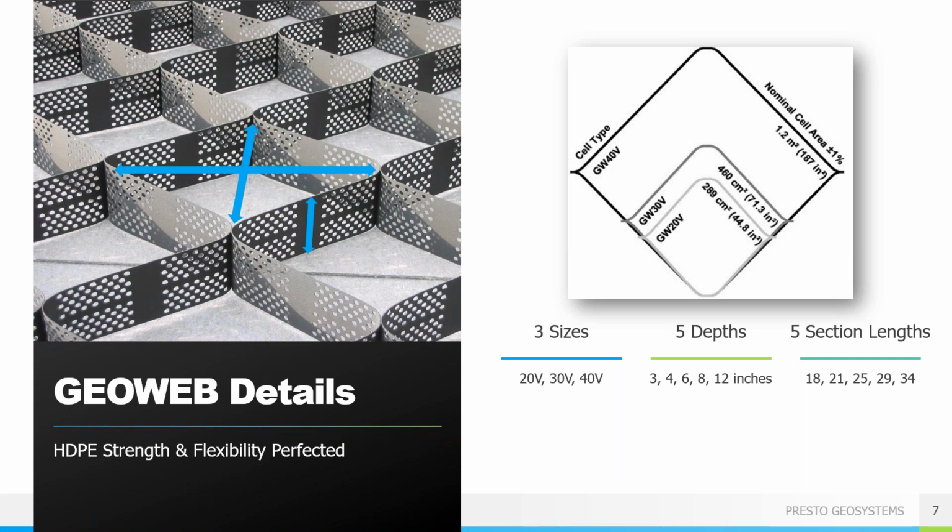And I highly recommend for any GeoCell project when you're working with us, do not use any standard tables or graphs. Every project is different, has different site conditions, especially if you're looking at walls. Walls are really important when you're looking at global stability. So it really is dependent on site conditions. So please reach out to us and we'll give you that free evaluation or assistance if you decide to download the GeoWeb MSE software.